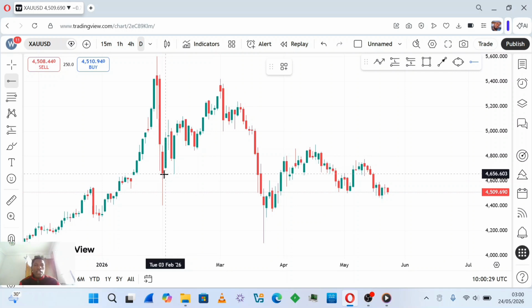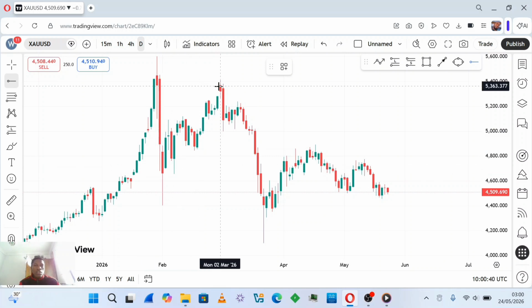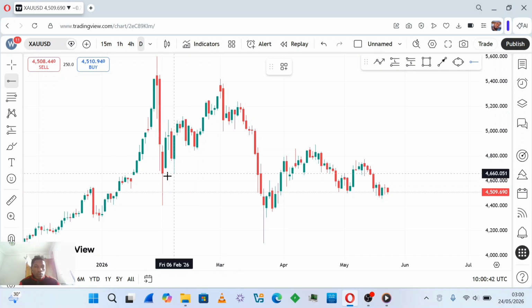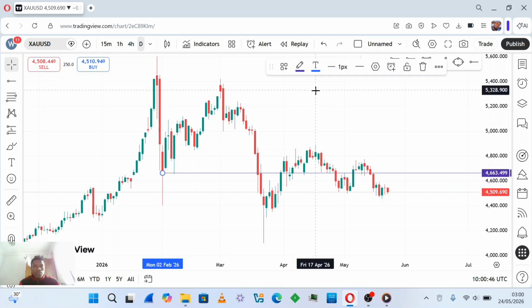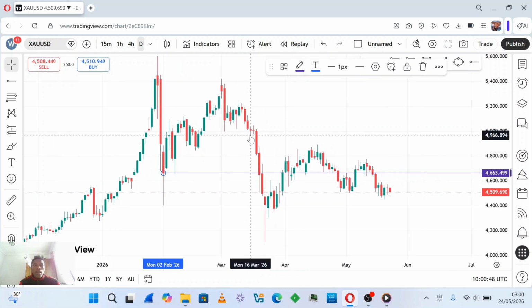And this level here is the level of buyers. Sellers pushed price all the way to this level. Reaching this level, buyers were able to push price up to this level. Now this level is a good level of buyers. Then you plot it, and coming back to this level again,